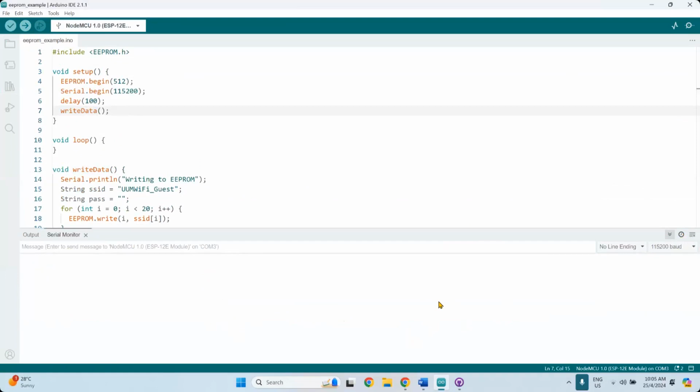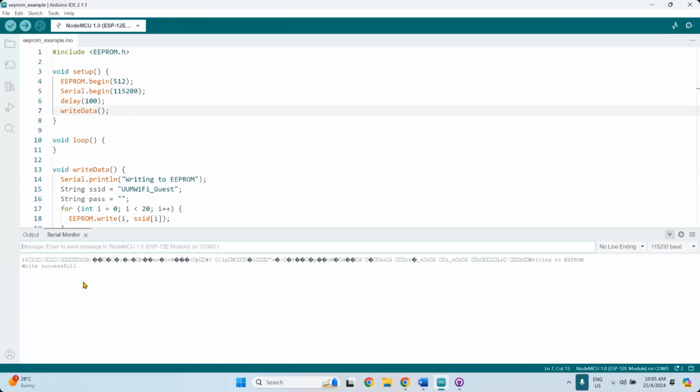Again. Oh, there. Writing to EEPROM, write successful at the bottom down there. Writing to EEPROM, and then at the end there, write successful.